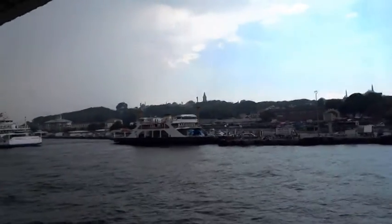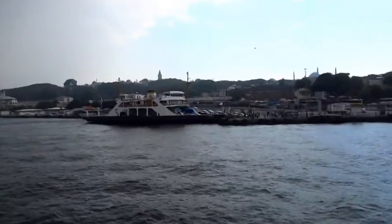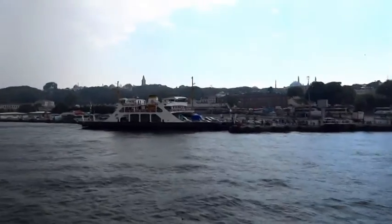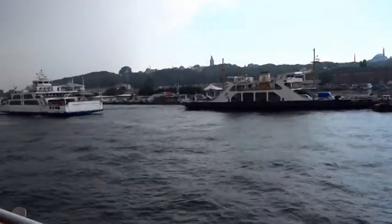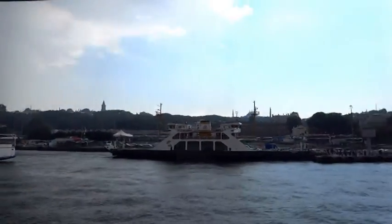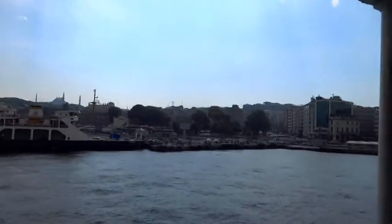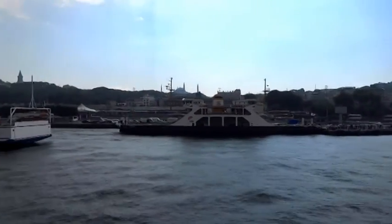It's the regular ferry that goes between Istanbul and the islands. And it will take about 1.5 hours to get there, almost 2 actually. And we wanted to go to the Bosphorus, but there was a swimming competition, so we opted for the islands